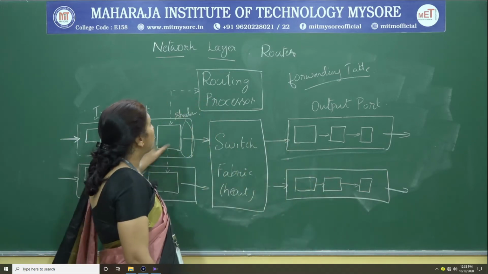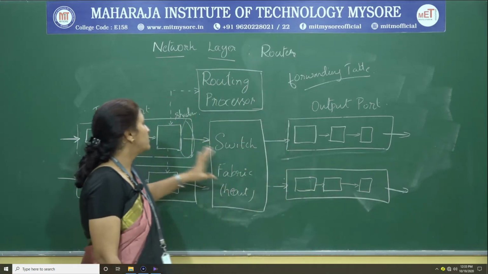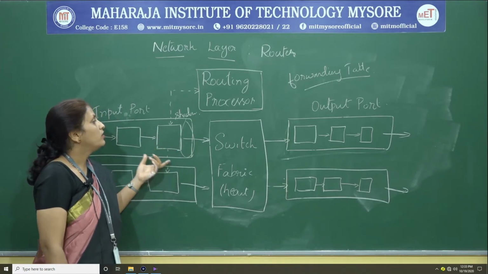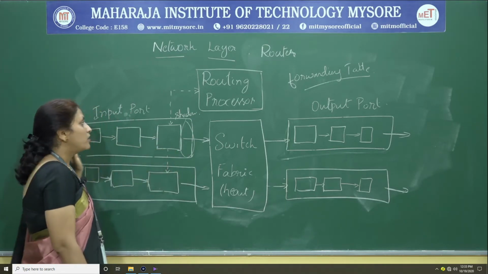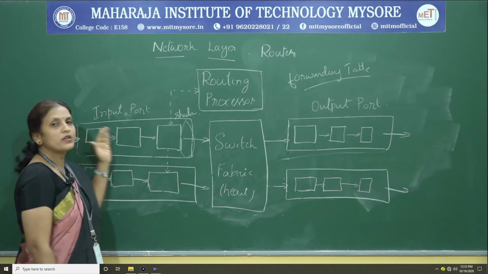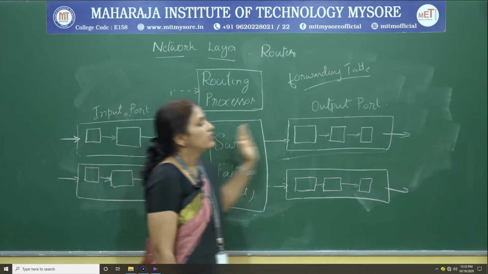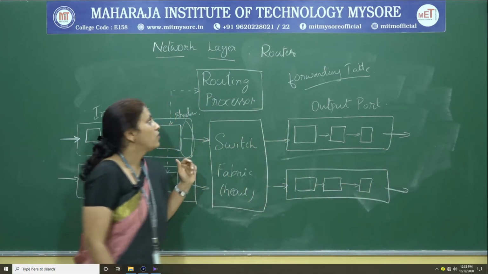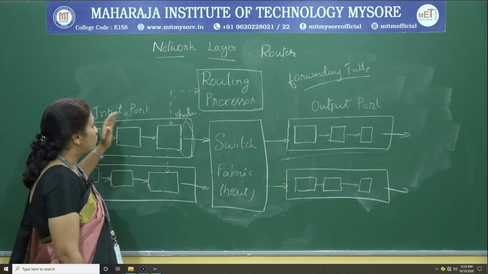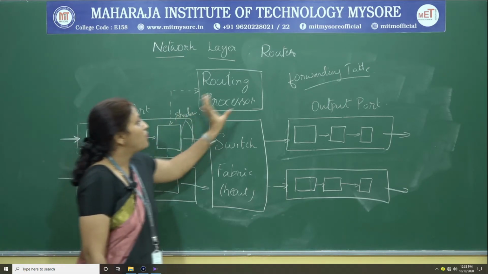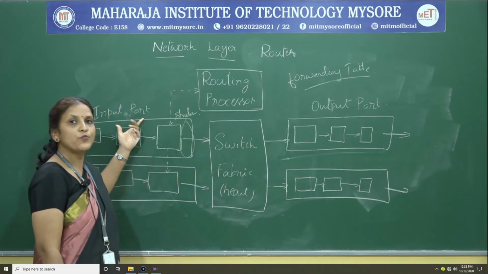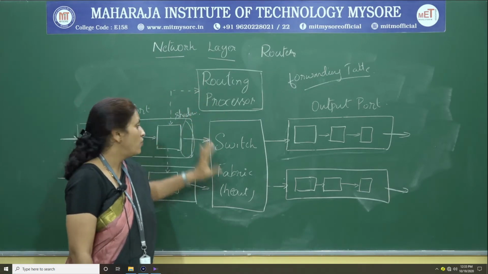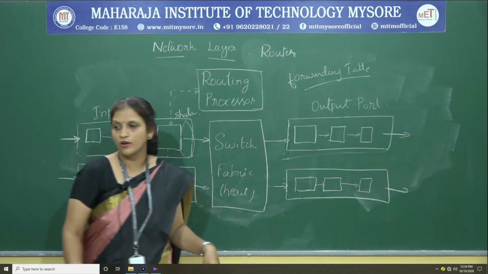So this is how the four main components of routers work in order with each other, with coordination, in order to push the packet that is arriving at the router to the next router or to the next host in the network. Okay. So, after this we will learn each component one by one, how exactly the input port works, how exactly the routing processor works, what exactly it does, how exactly the switching fabric works and so on. Okay.